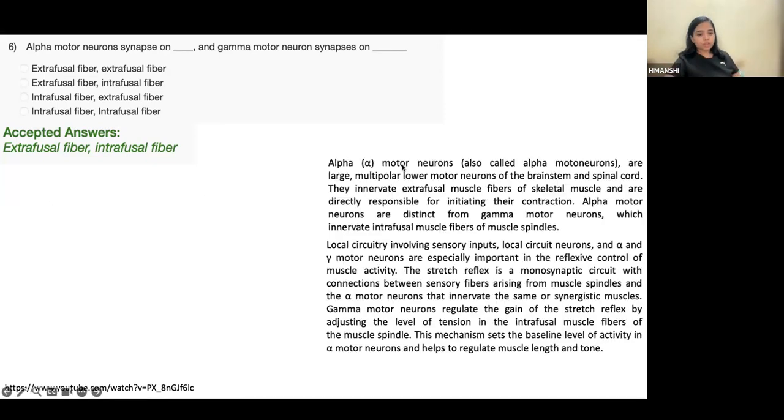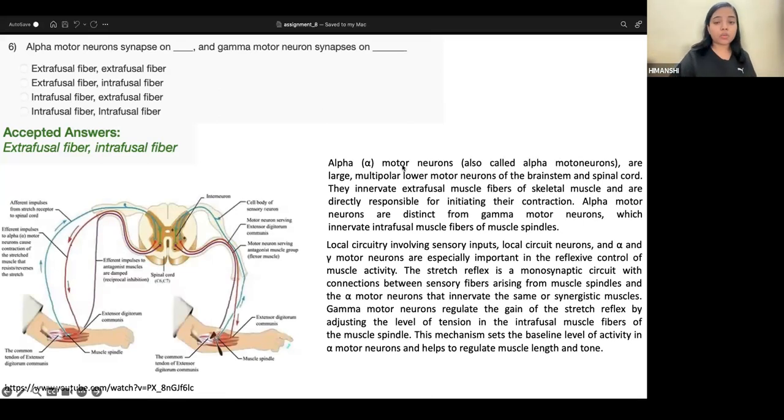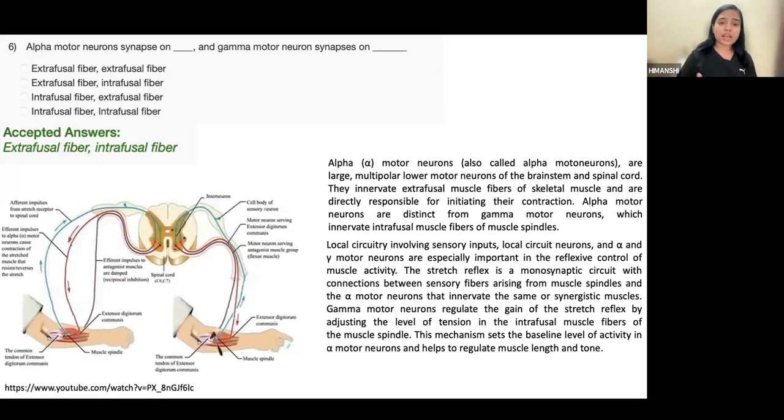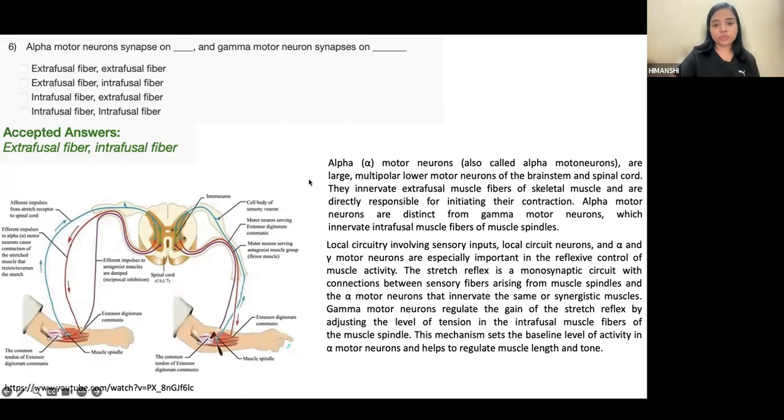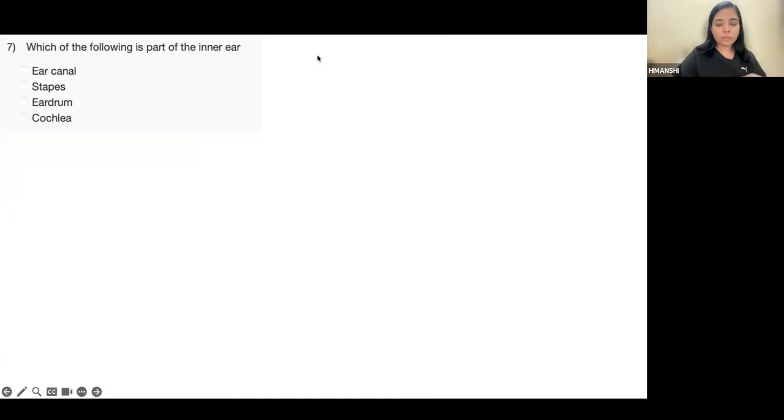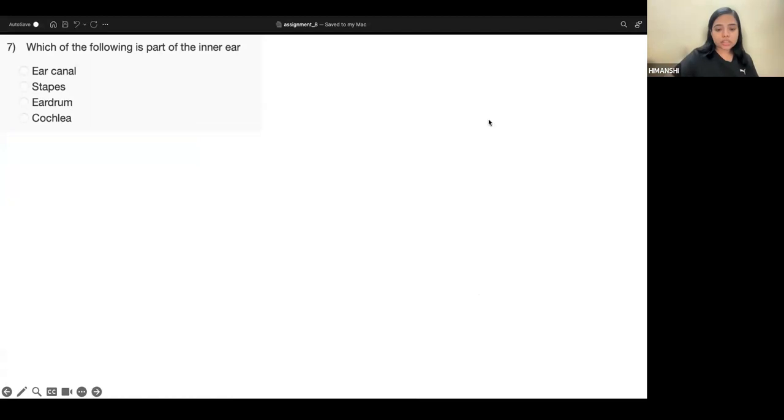Okay. So I hope you guys can now have a better understanding of the stretch reflex arc, because many things are repetitive, right? I hope that you will keep this in mind, and all this exercise you're spending time on here will be fruitful for you. Moving on to the next question. The next question says,